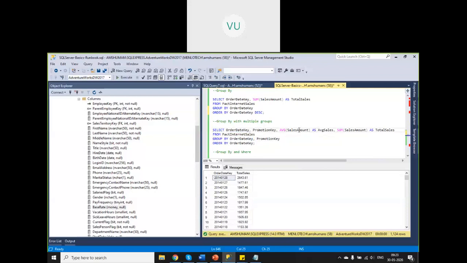But when you are retrieving other columns, if you are not applying any aggregate function, it will be difficult for the SQL engine to understand what value to retrieve, because one of these values will map to multiple other values of these columns, right? So if you are applying group by, the columns on which you are grouping, you can directly fetch those column values. But if you are fetching other columns, apply some aggregate functions, average, sum, or whatever it is, right?